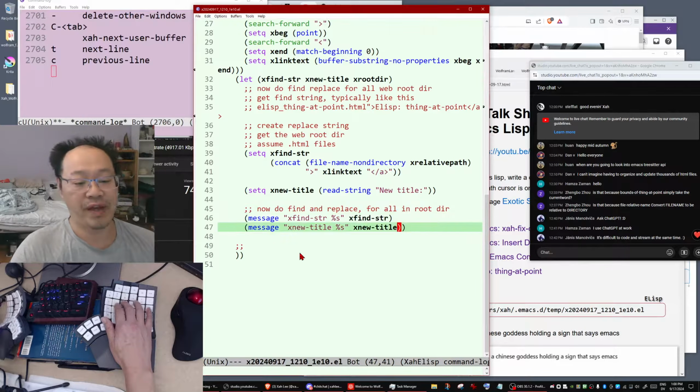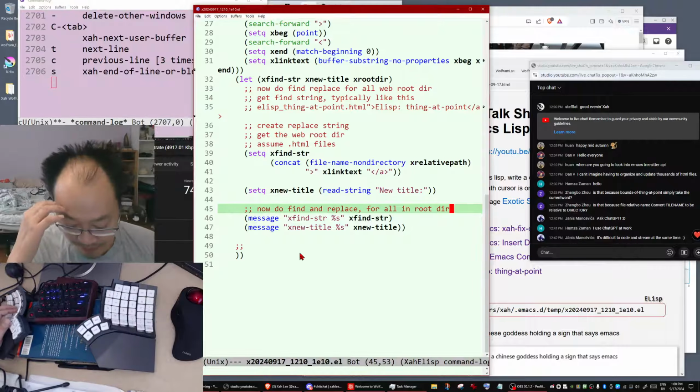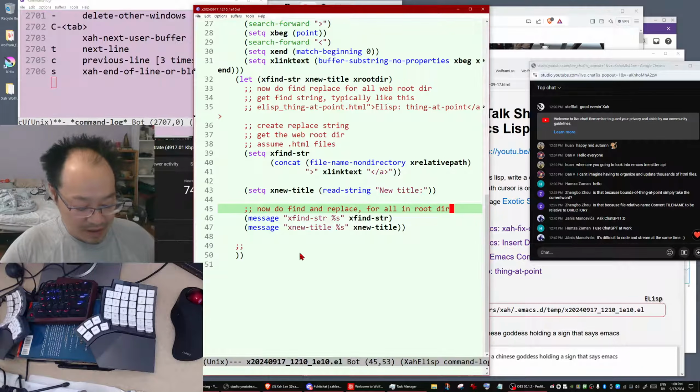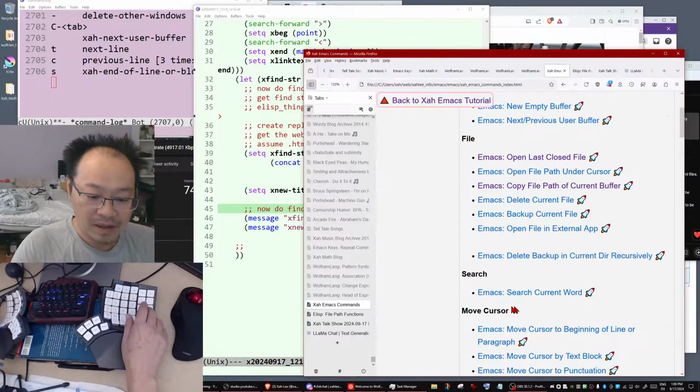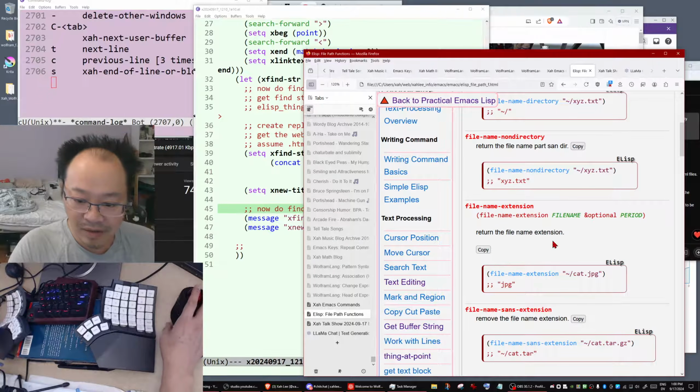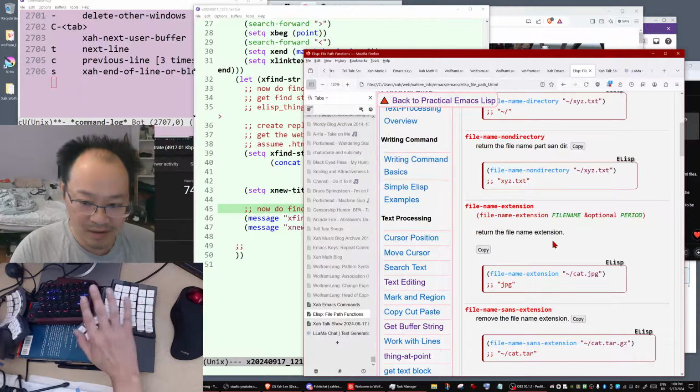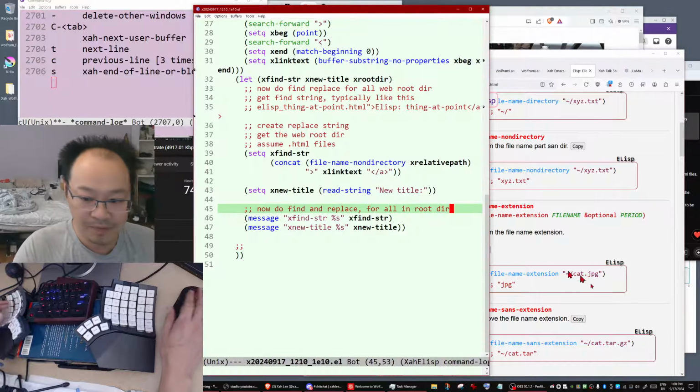Now do the find replace. Okay. God, tedious and tedium. Yeah, if I code by myself, then it's much faster. I don't have to explain. I just...